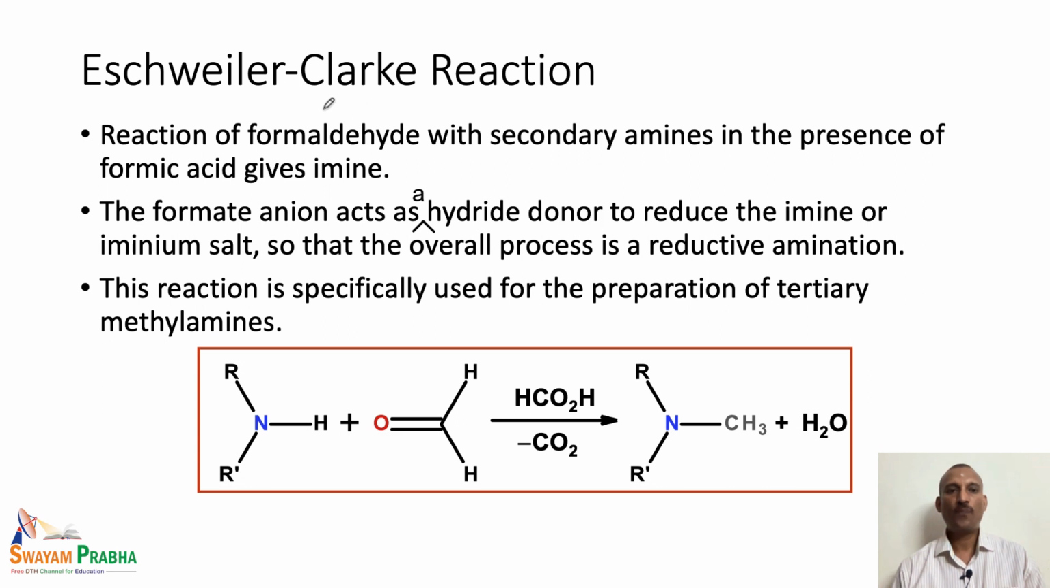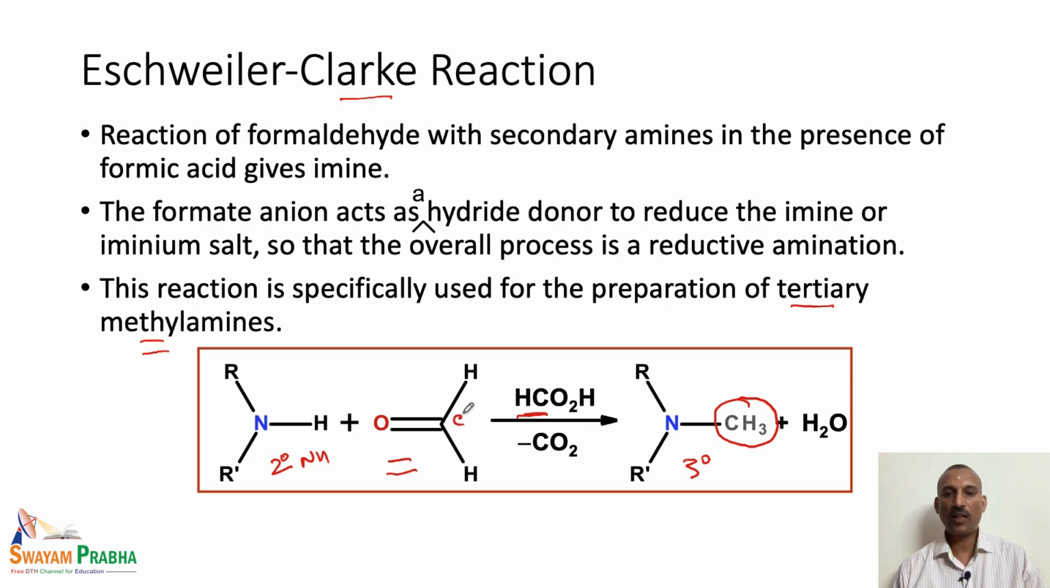The next one is the Eschweiler-Clarke reaction. Here we are going to use the preparation of tertiary amine from a secondary amine. The secondary amine is reacted with formaldehyde. Instead of any aldehyde, we are using formaldehyde in the presence of formic acid. So, this reaction is a very specific reaction. In this particular reaction we end up with the N-alkyl, that is one of the units is mainly the tertiary methylamine. So, this reaction is very specific for the preparation of tertiary methylamines, because we are using a